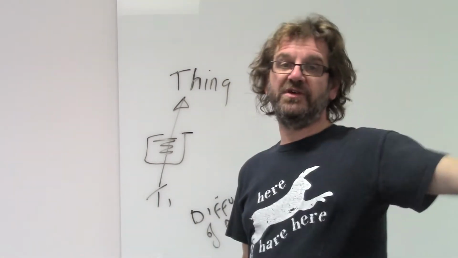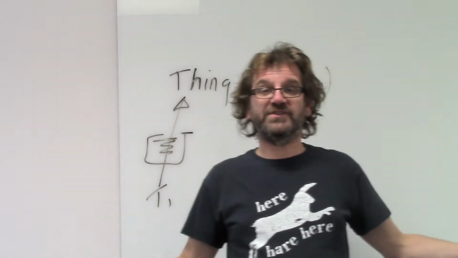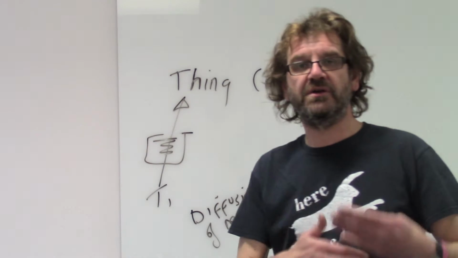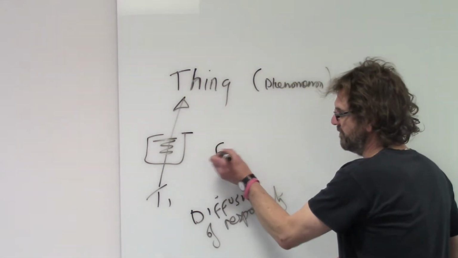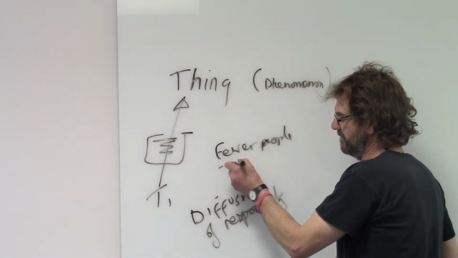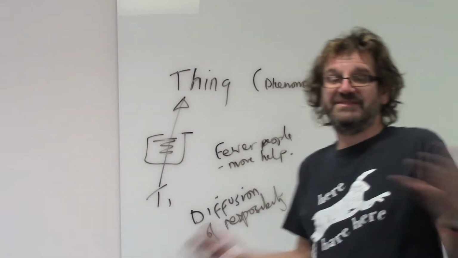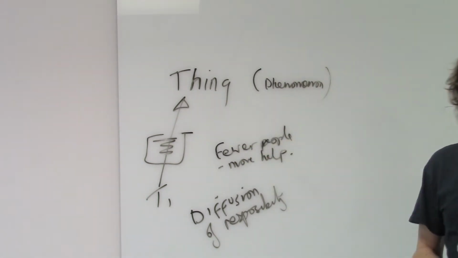On the other hand, if somebody's on their own, and the person who's potentially helping knows that nobody else can help, then that might make them more likely to help. So immediately we've got a prediction here. The fewer people, which is paradoxical, because you think fewer people would lead to less likely to help because there's fewer people to help. But fewer people should mean that each individual is more likely to help.